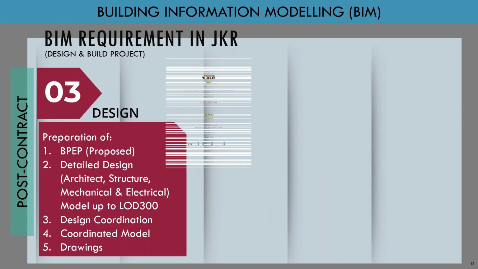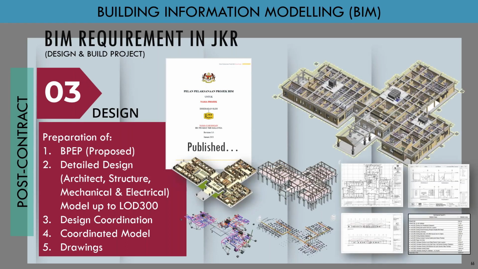So when the contractor is appointed, they need to publish the BPP, and the contractor must make sure the design is up to detailed design LOD 300 and already coordinated between each other. That means architect, structure, mechanical, and electrical need to be combined, and they need to do the design coordination, then prove the design is already clash class 0 and there is no design issue to the JKR, and